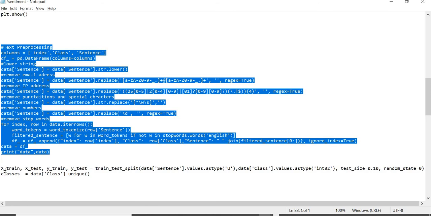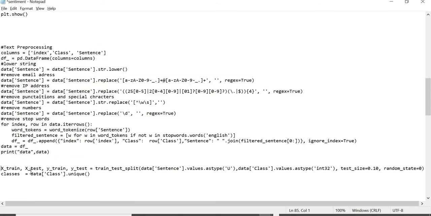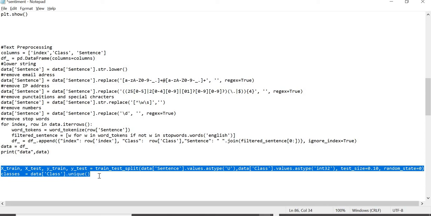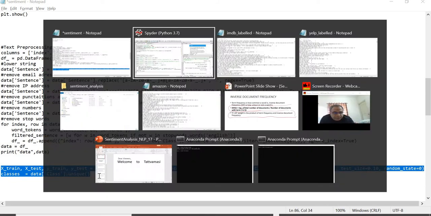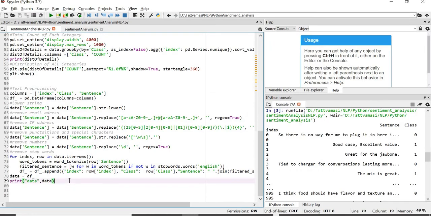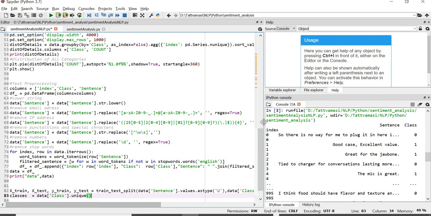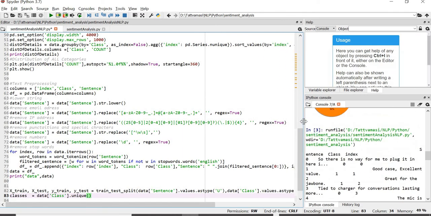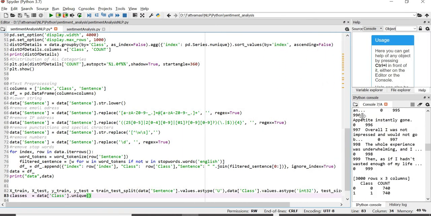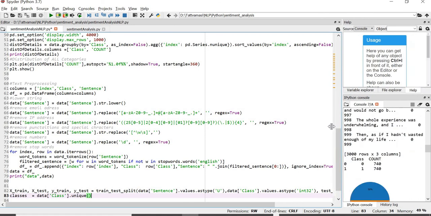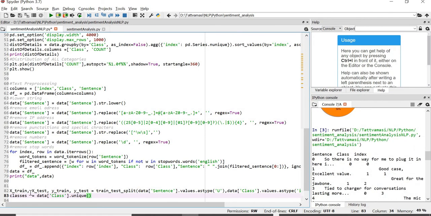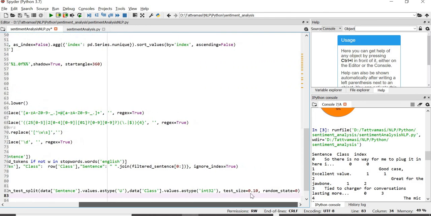We have x_train. This is a familiar piece of code. I am going to enlarge it so you can see it here. So this is x_train, x_test, y_train, y_test. By using this piece of code,